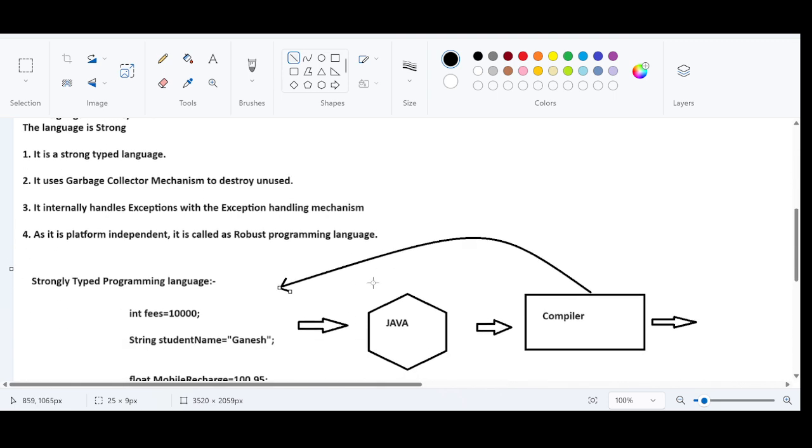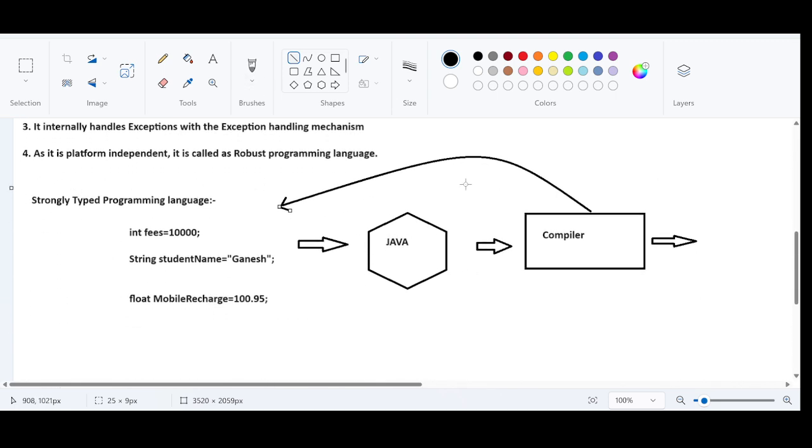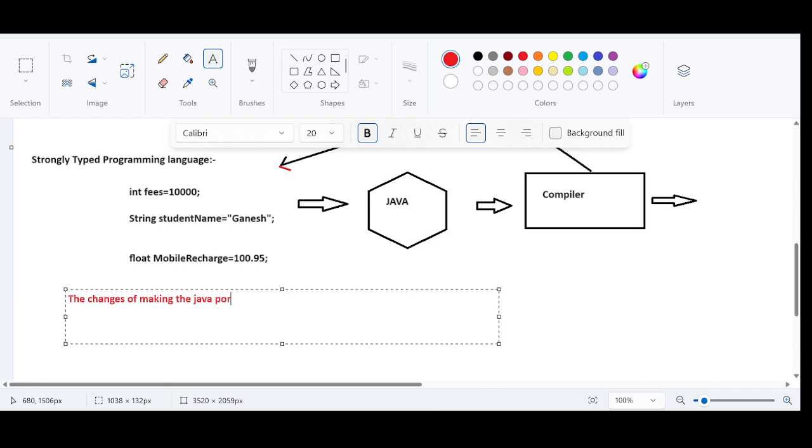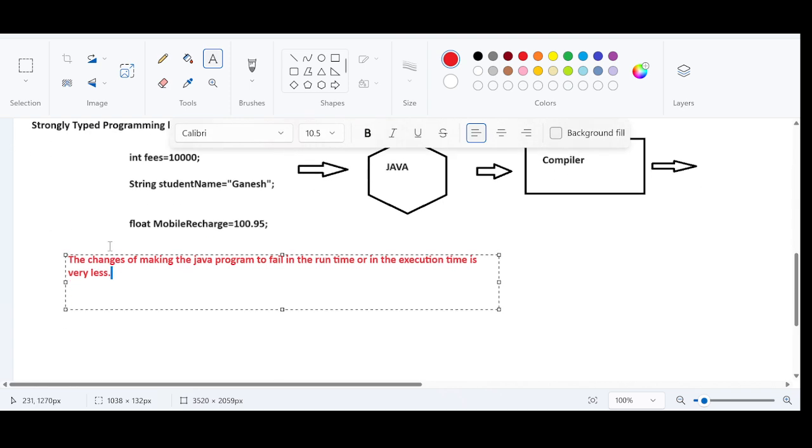Right? Because of this complete operation, the chances of failing the Java programming language during the runtime is very less. That is the takeaway. Because of this operation, what I'm writing in the red letter, the chances of making the Java program fail in the runtime or in the execution time is very less. You cannot easily fail the Java program in the runtime because all the errors